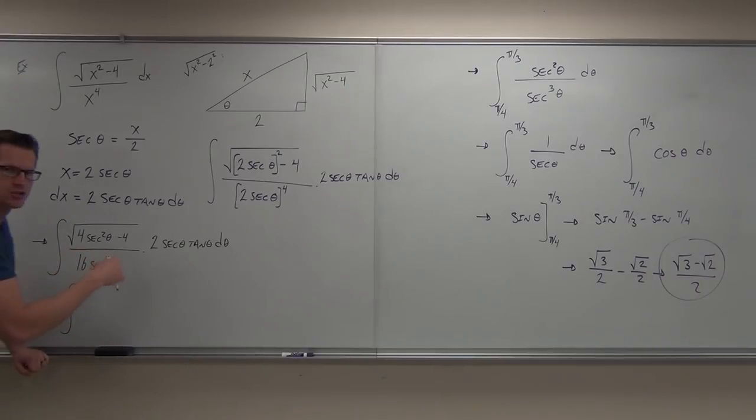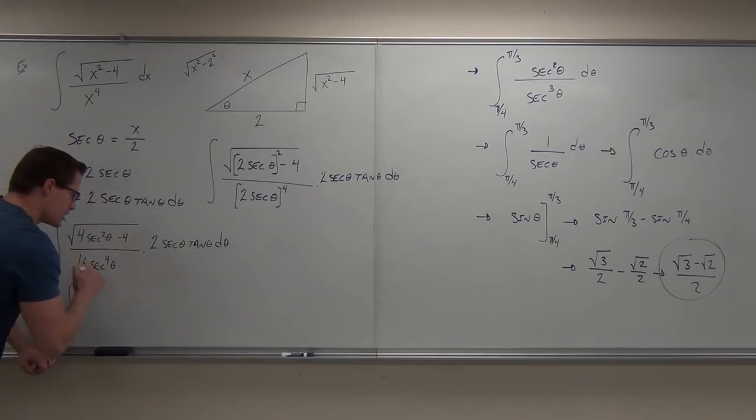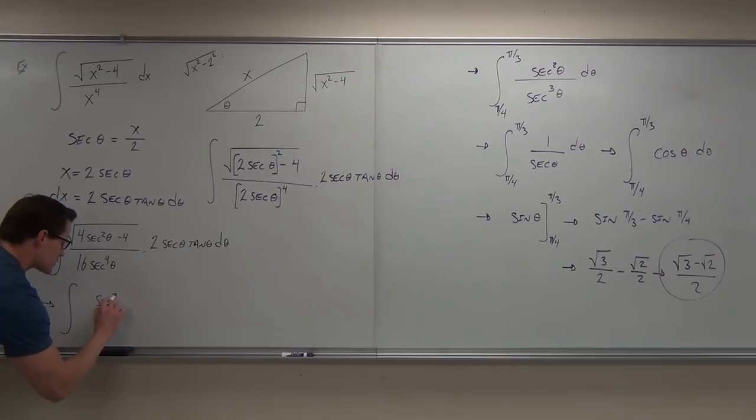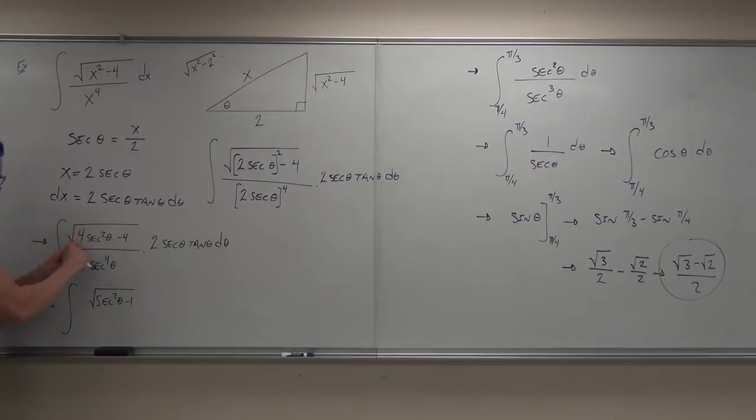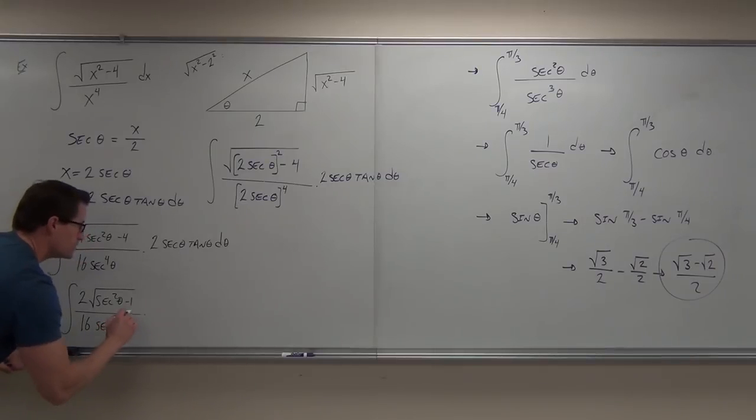I'm going to actually do that step right now, okay? So watch carefully. This 4 factors, correct? So what we get is a secant squared theta minus 1. If I factor the 4 and take a square root, it's going to give me 2. Does that make sense? Yes. Okay, so secant squared minus 1, no problem. The 4's factored, I take a square root because we can separate square roots like that with products, over 16 secant to the 4th theta times